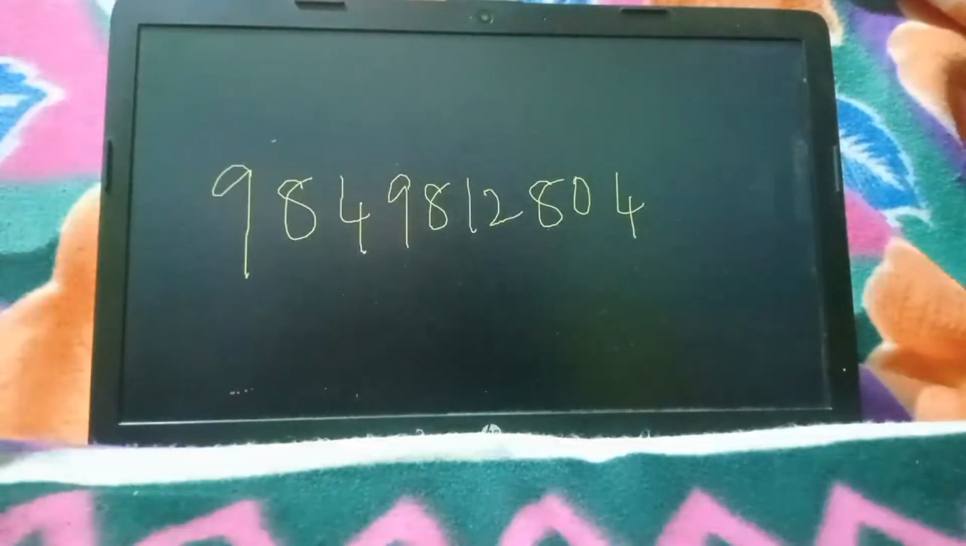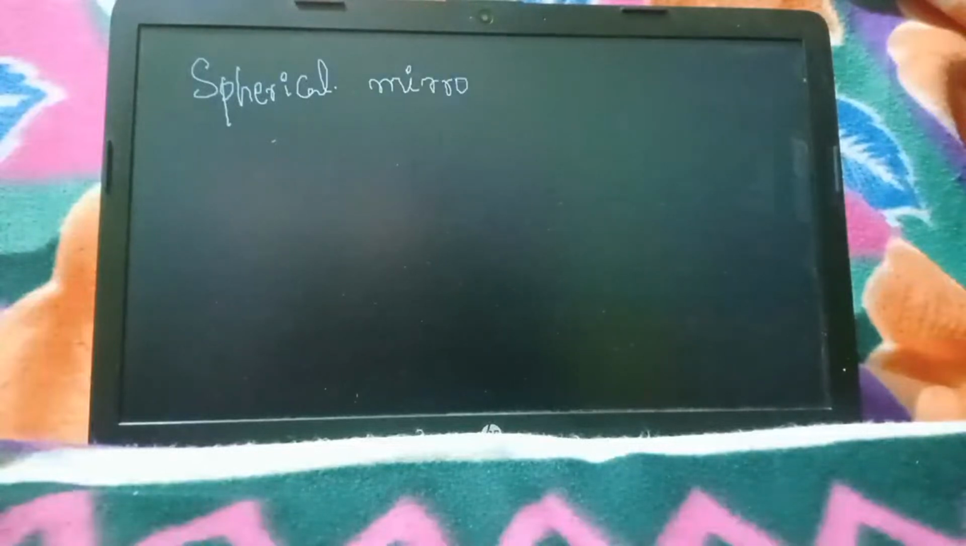Okay. So now we'll go to the next topic, that is spherical mirrors. Spherical mirrors are nothing but